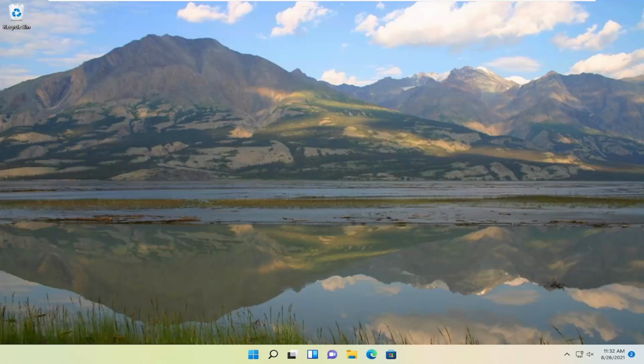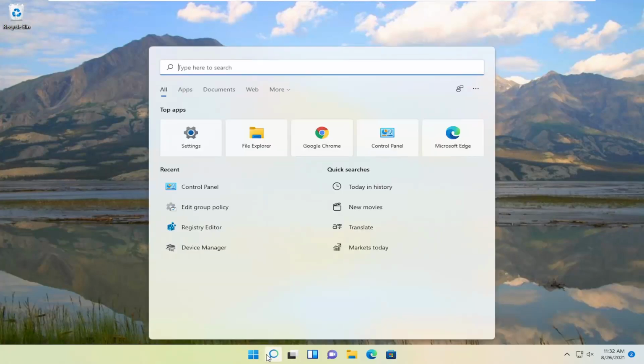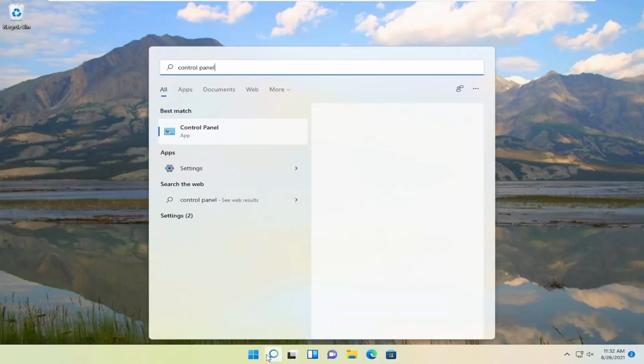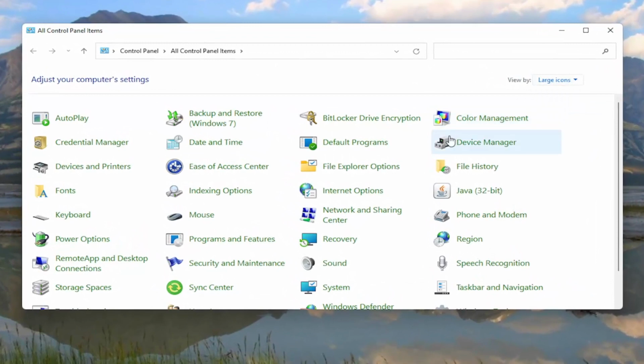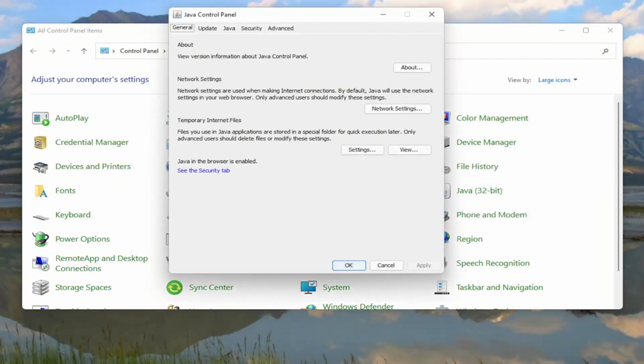into it. So we're going to start off by opening up the search menu, search for control panel. Best result should come back with control panel. Go ahead and open that up. Set your view by to large icons, and then you want to go select Java. So go ahead and left click on that. Now you want to go select the Advanced tab,